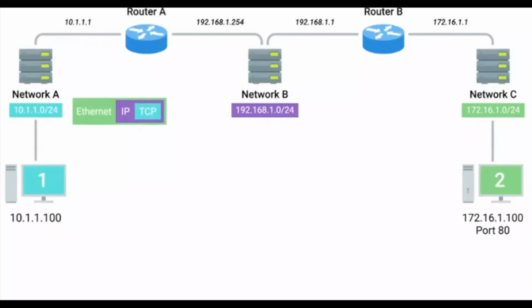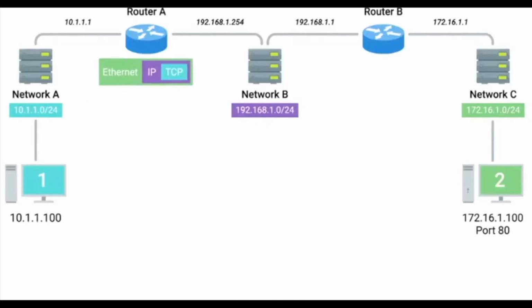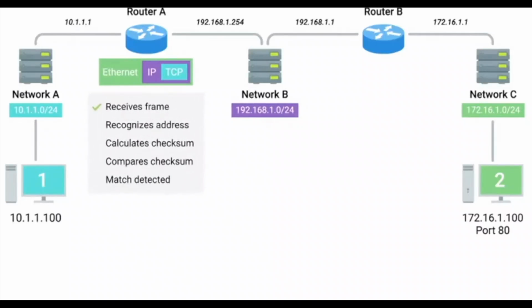This switch receives the frame and inspects the destination MAC address. The switch knows which of its interfaces this MAC address is attached to and forwards the frame across only the cable connected to this interface. At the other end of this link is router A, which receives the frame and recognizes its own hardware address as the destination. Router A knows that this frame is intended for itself, so it now takes the entirety of